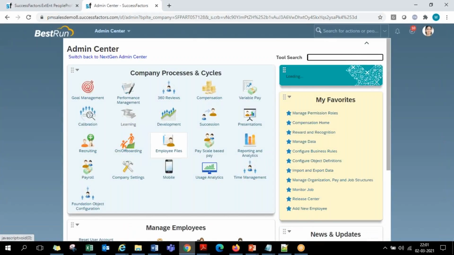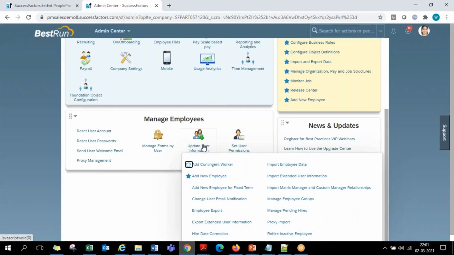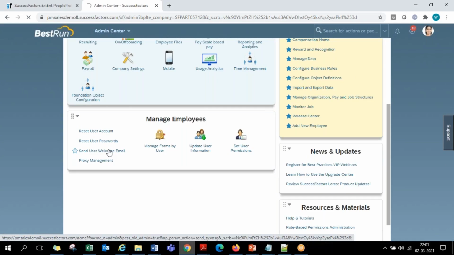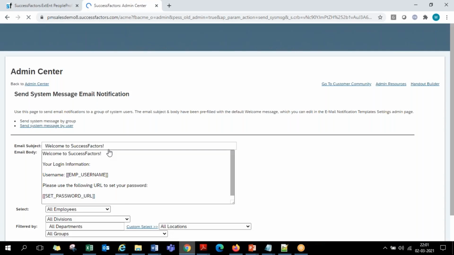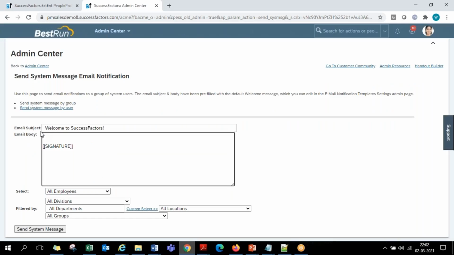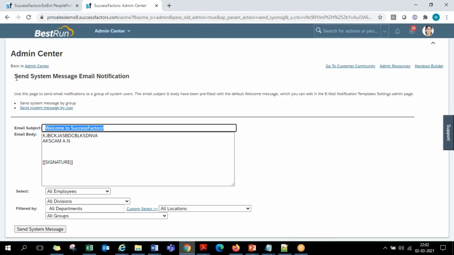Exactly, that is how we actually do it in real time. In send welcome mail, whatever text you maintain there goes out. By default, SF gives you this welcome message text. If you remove this and type whatever you want, the system sends that text as a system message. That's why they don't call it a welcome message; here they call it send system message. Whatever you give as subject and body, whatever you want to communicate to all the employees, this is a tool that will be useful.